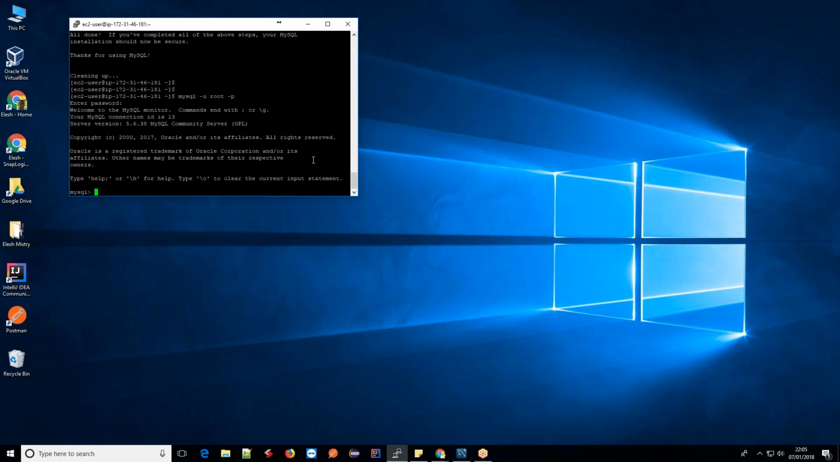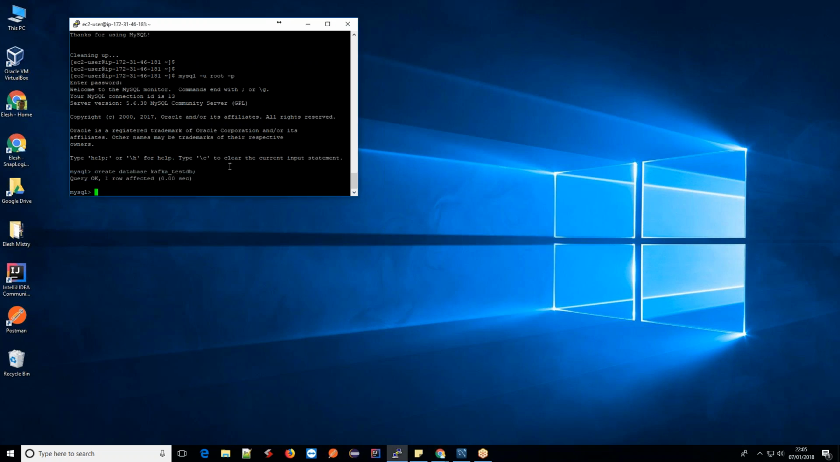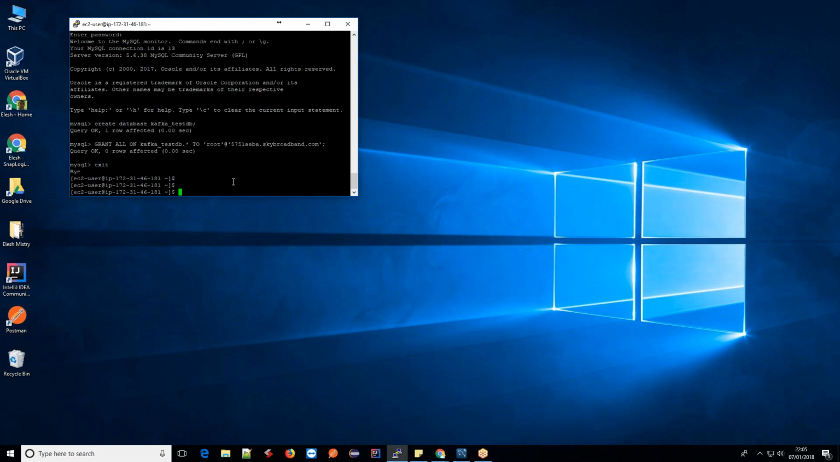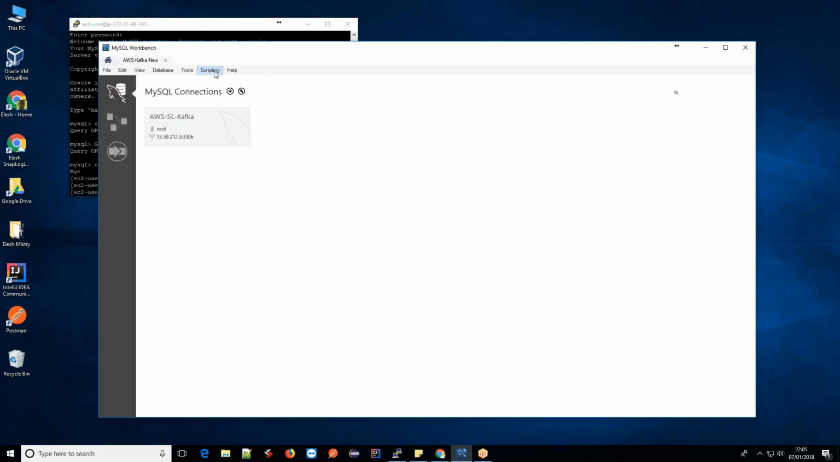Okay, I did. So what I'm going to do is create a database on my MySQL very quickly. And this is the one that I'm going to read from eventually. And also I'm going to grant access to that database from my home PC such that I can run MySQL Workbench. So that's that now. So let's come out of there, MySQL, and if we go to MySQL Workbench here,